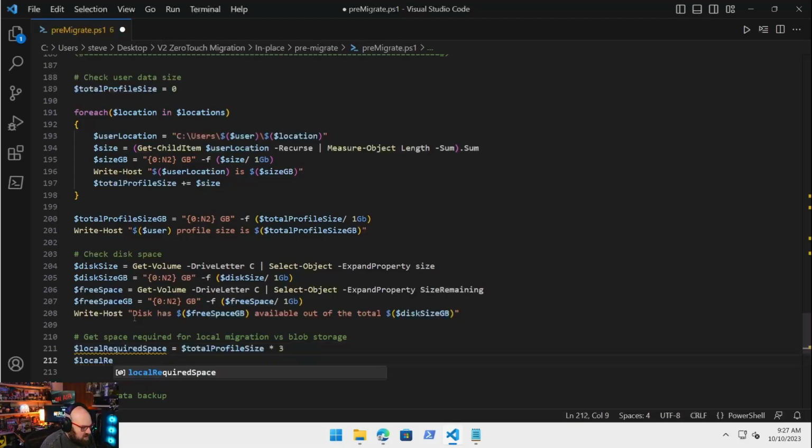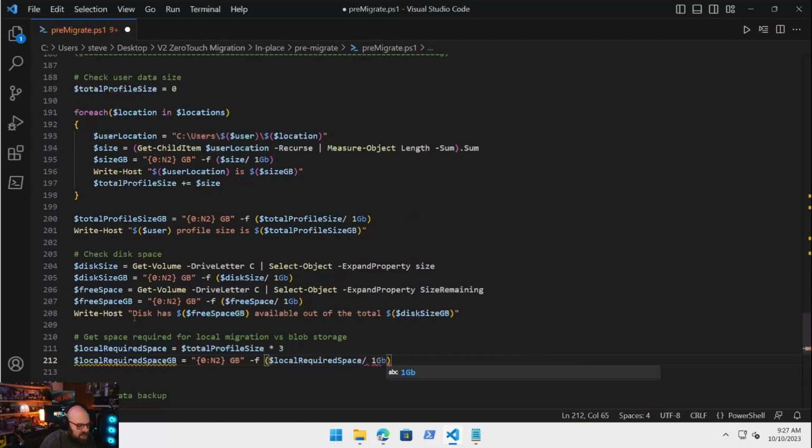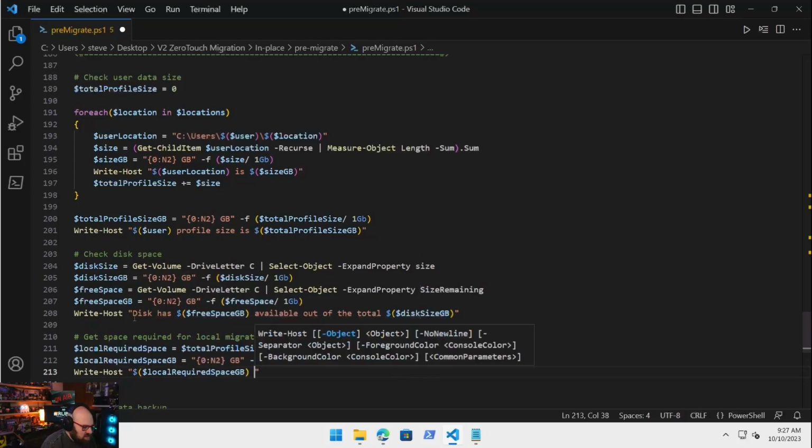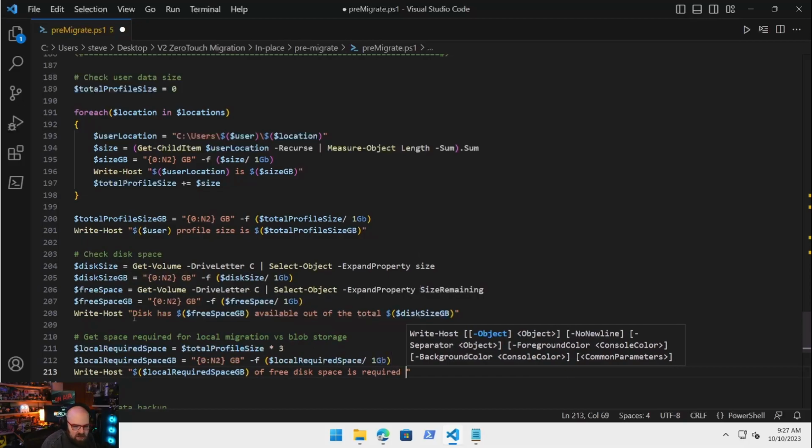Local required space gigabyte equals local required space divided by a gigabyte. Same thing here. And then we're going to say Write-Host local required space of free disk space is required to migrate